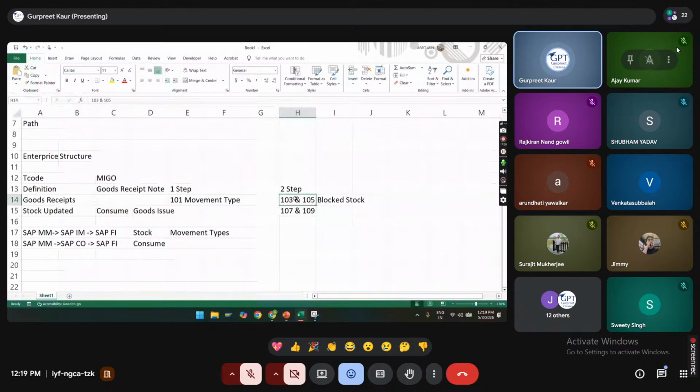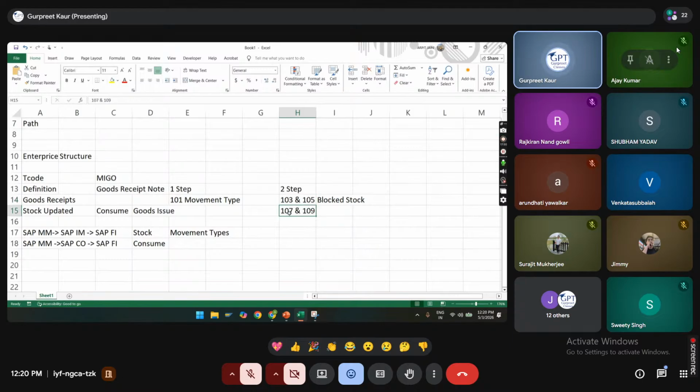Okay, this is something when you are receiving the material but you do not want to impact the finances. The finance is going to be impacted once you consume, or when you store the material in your usable storage, or in SAP terminology, under unrestricted stock.